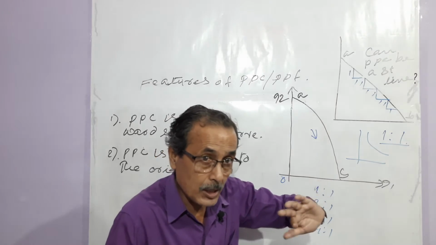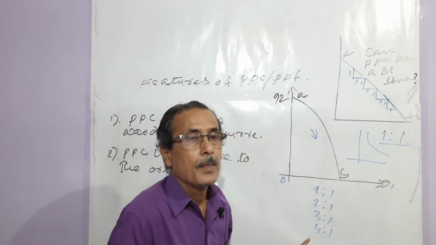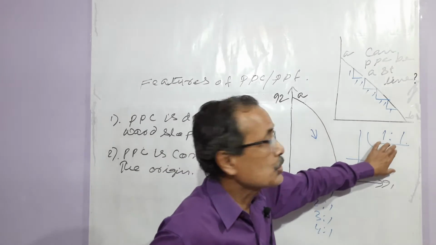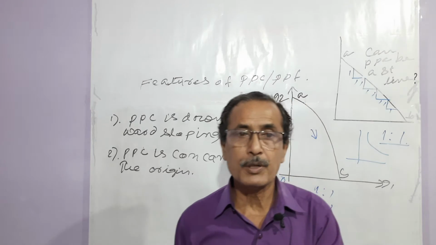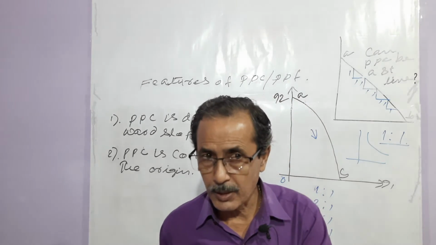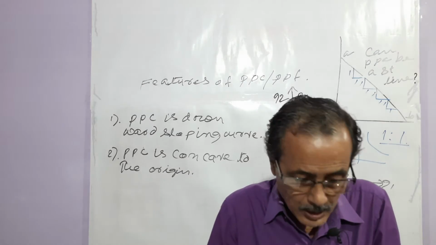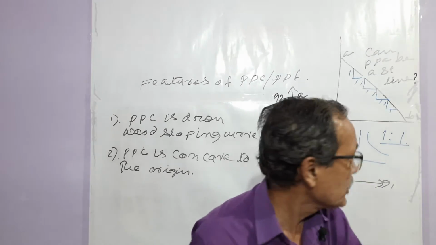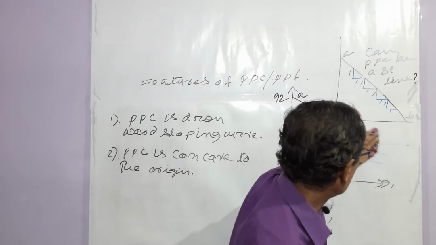If you draw a straight line, then you cannot satisfy this condition. You will get the condition 1:1, 1:1, 1:1. Am I clear? This is a very simple video. The topic is very simple, and I think this matter is very clear to you. Now certain more things I would like to share with you. Now here I'll show you.